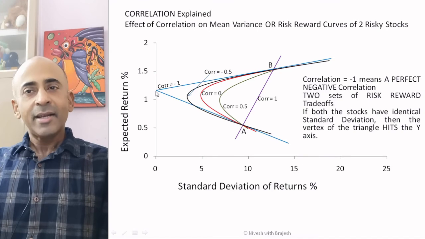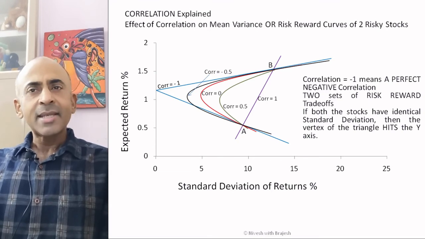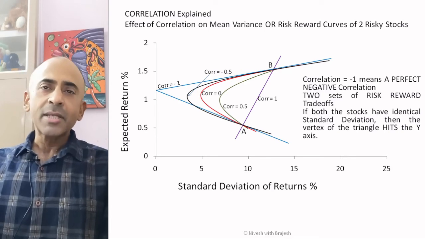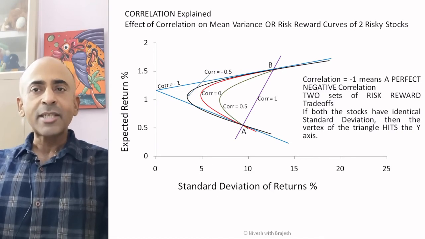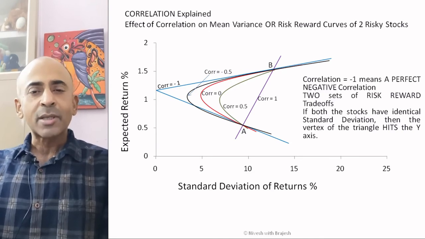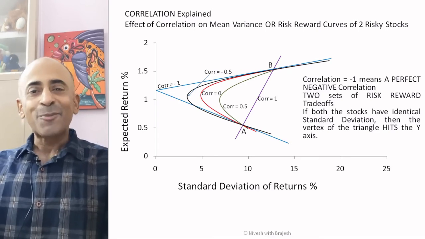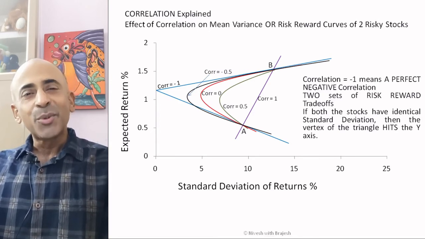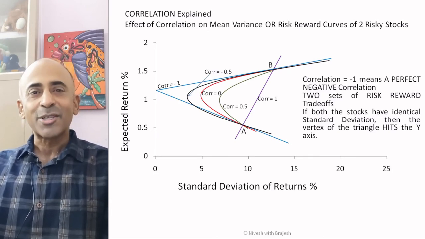Why is this amazing? It is amazing because it tells us that there exists at least one particular way to create a portfolio of A and B that can give us a rate of return of 1.2% monthly with zero risk. That is approximately 14% annual return with zero risk. That's not possible. It's practically not possible, because it is impossible to find two assets that are perfectly negatively correlated to each other. It's very difficult.